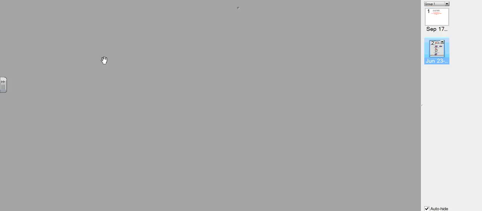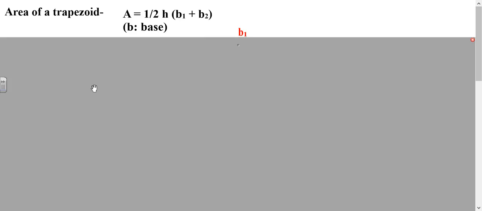Alright, so we're going to be taking notes in our flip book. And you need to make sure that when we're talking about trapezoid, you're taking your notes under the trapezoid tab. When we're talking about rhombus, you take it under the rhombus tab. And when we're talking about kites, you do the same thing. So just make sure that you're switching between the tabs on your flip book when you're writing down the formulas